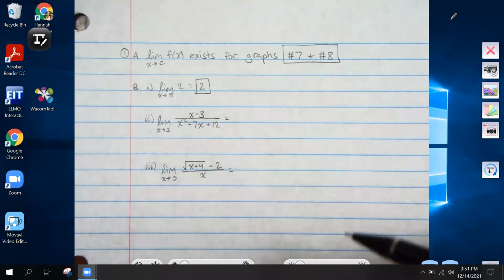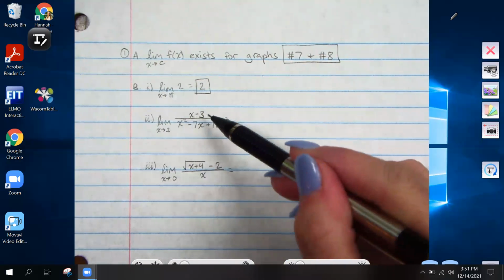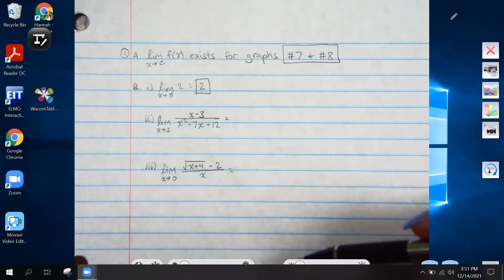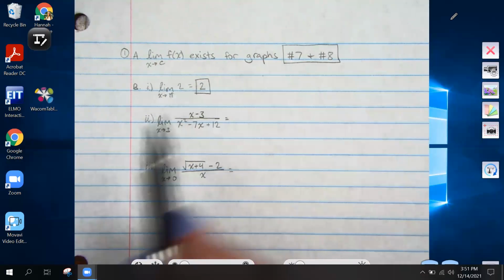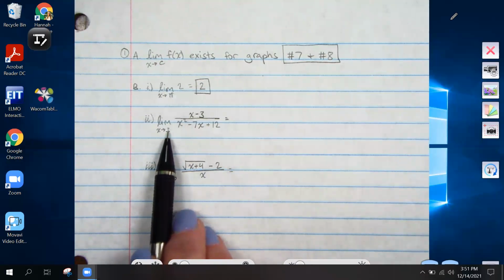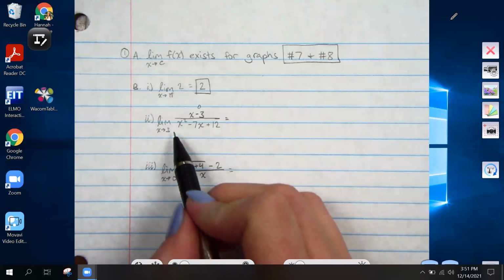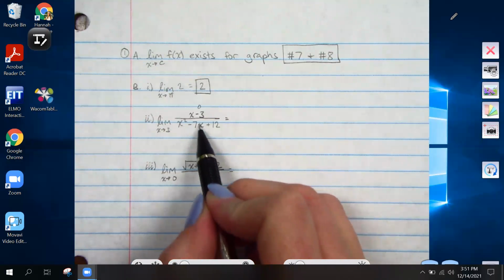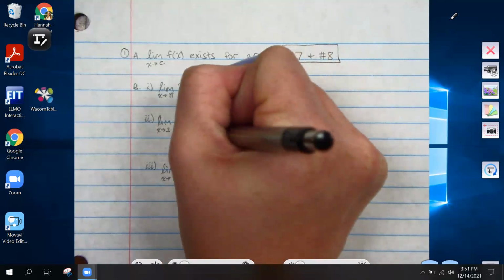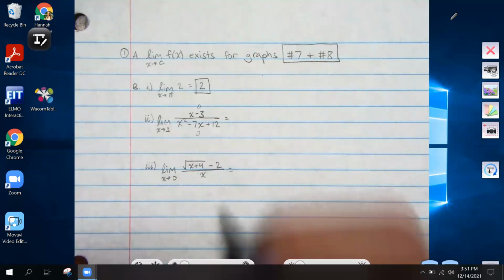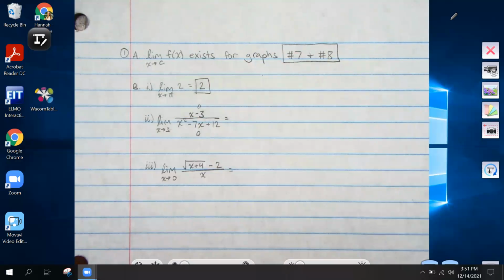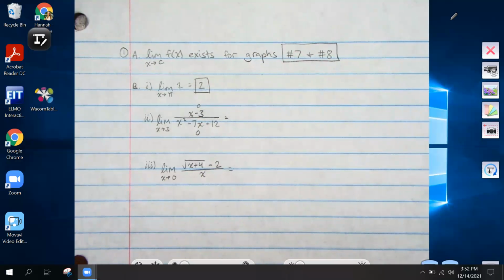Second one, the limit as x approaches 3 of x minus 3 over x squared minus 7x plus 12. You substitute 3 in here. 3 minus 3 is 0. 3 squared is 9, minus 21 plus 12 is also 0. So we would get an indeterminate form if we substituted right away, which should tell you that you have to